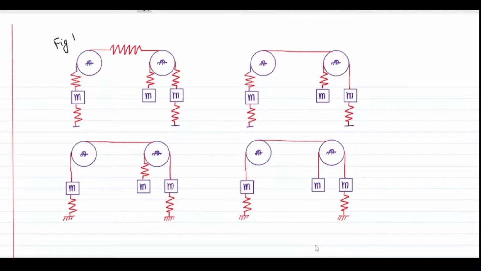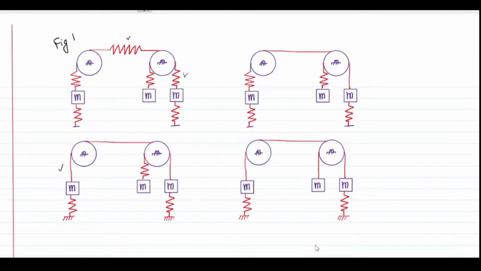It is exactly the same as what we have seen in the first figure. This is the second picture, but here I have removed two springs, the top spring and the spring on the extreme right side. Similarly, in the next figure, the lower left corner, I have removed another spring from this position. This is also removed. In the last, I have removed the four springs which are connected at the top side, and we only have two springs connected at the lower side.